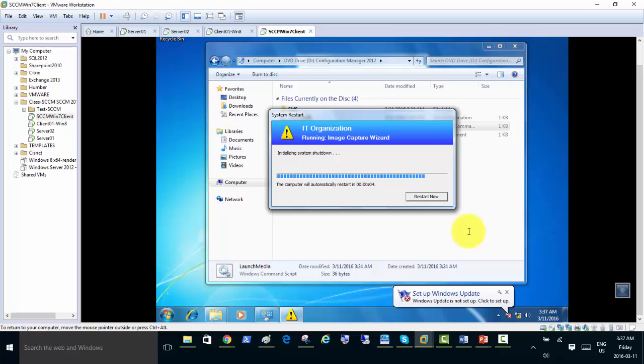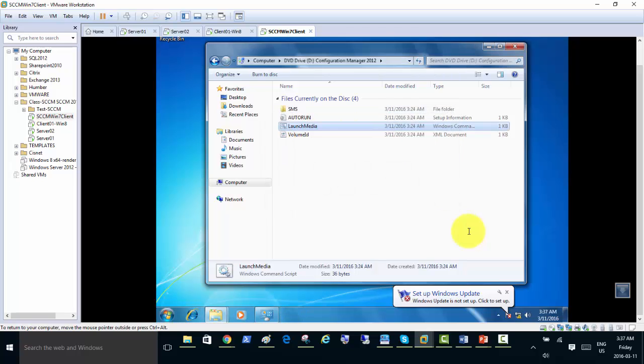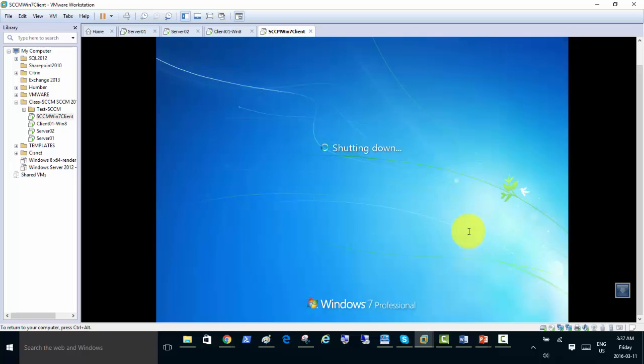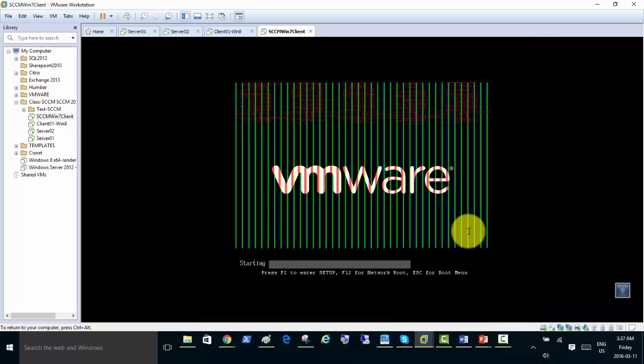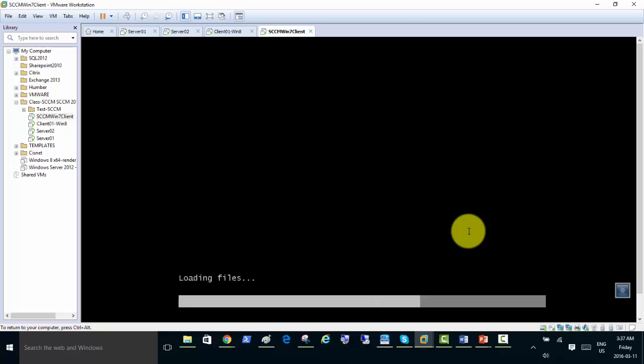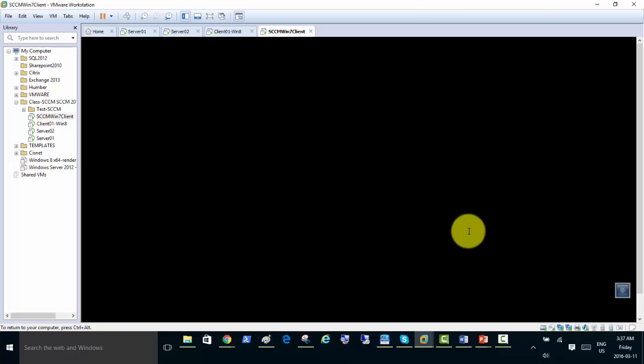Okay, restarting now, and now it loads that environment here